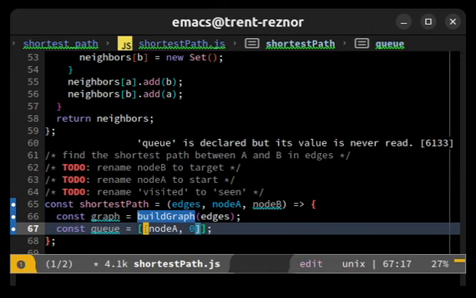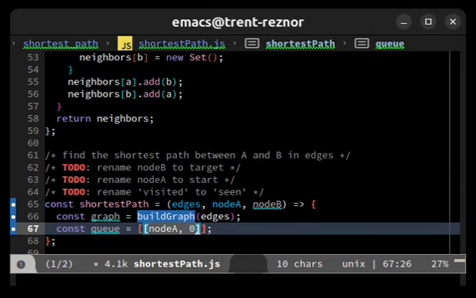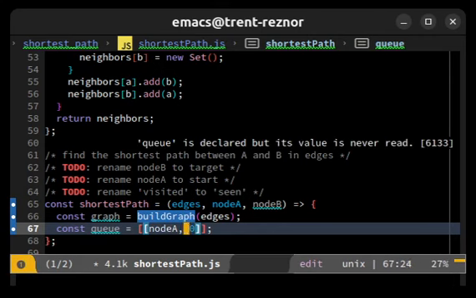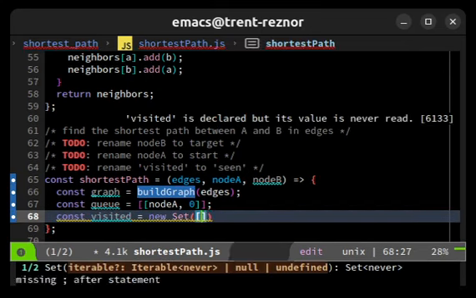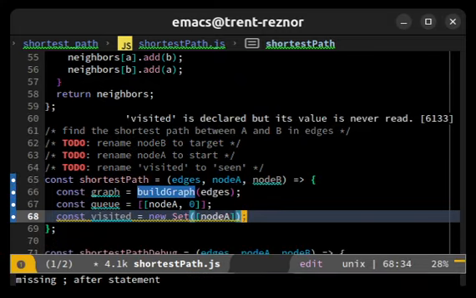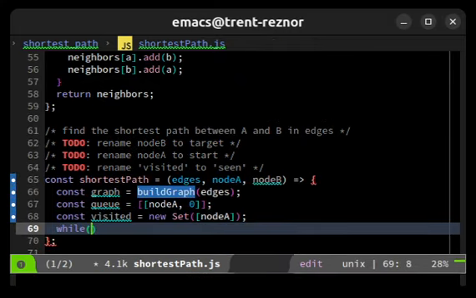Node A, this thing is the only thing on the list of work that we need to do, and it's saving some information for us, which node and what distance that node is from the start. Okay, and then const visited is going to be a set containing just node A. And while there is more work to do,